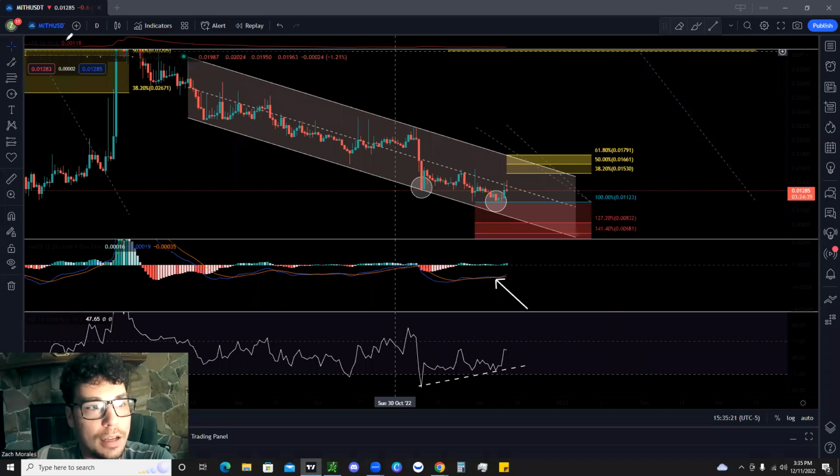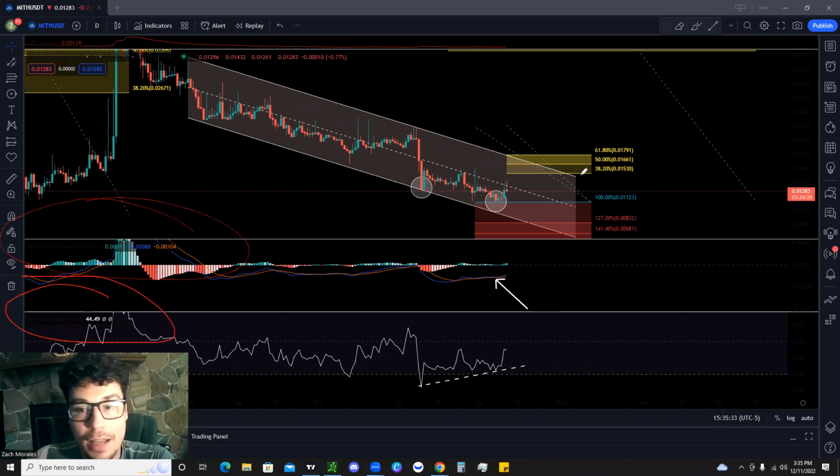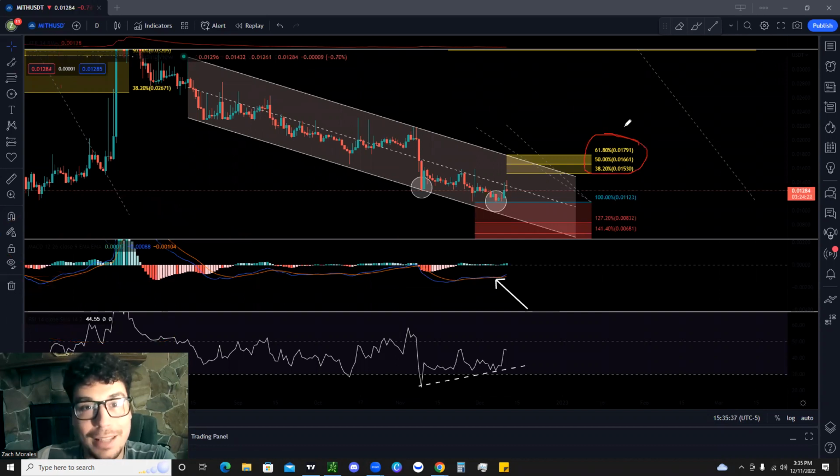Gonna go ahead and give you guys an update on MITH, okay? Ticker symbol MITH. And what we're doing is we're going to take a look at the MACD, the relative strength index, and we're also going to be using the Fibonacci retracement levels, okay? These three strategies combined together are really going to help you out and help give you an edge when it